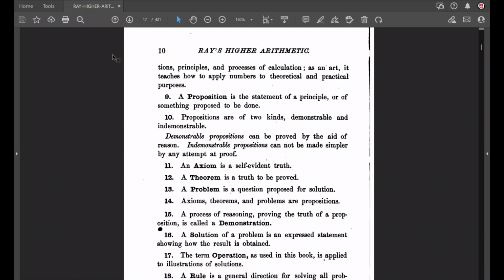Right? So if I have a crowd of people, all different kinds of people, and I want to argue something that will be clear to everyone who is present, I have to use an axiom. Because an axiom is a truth that's self-evident or clear to everyone. All right, and I gave you an example of this the other day. An example of an axiom. So an axiom is a self-evident truth. And an example of an axiom,